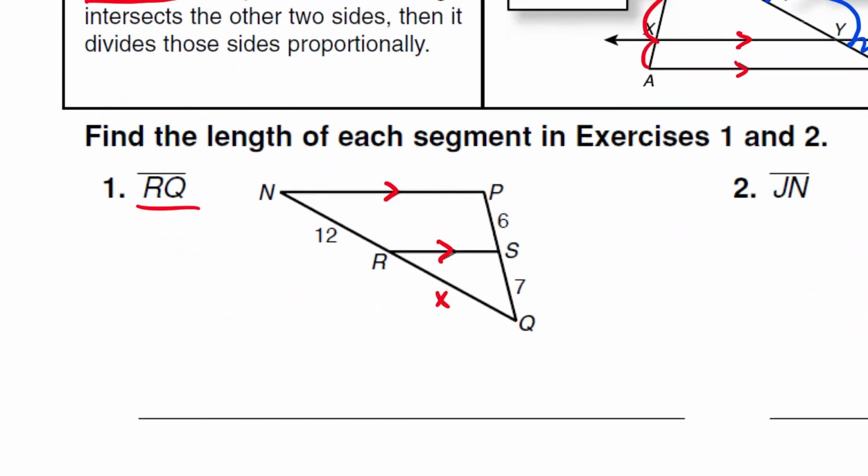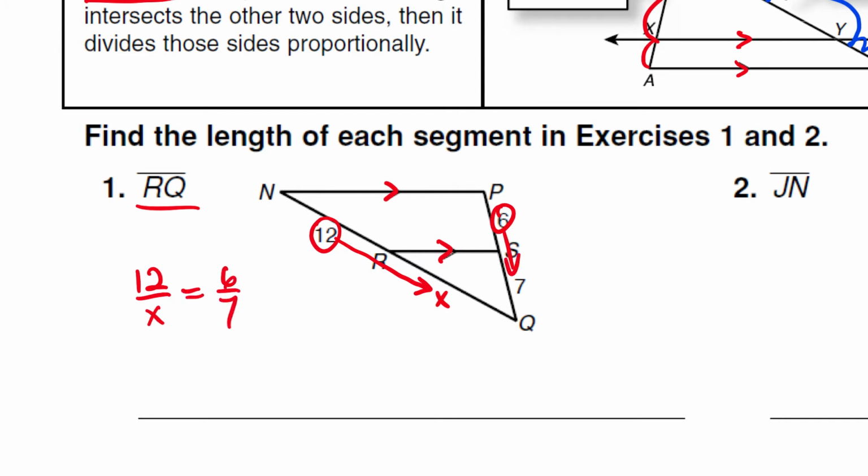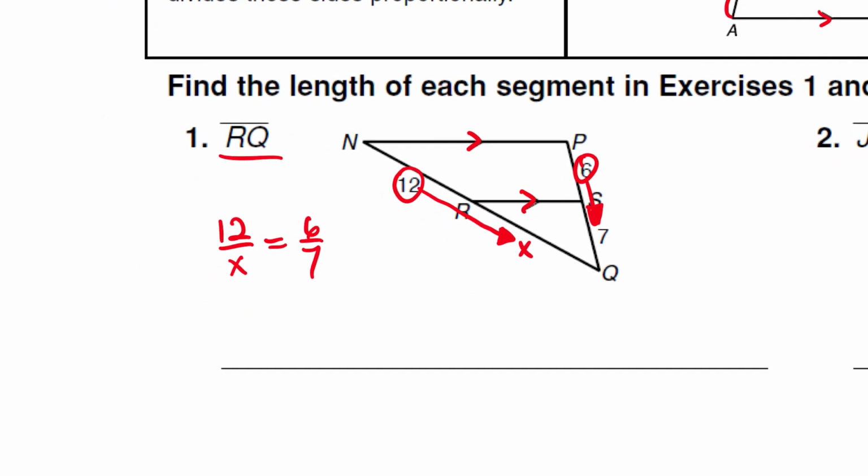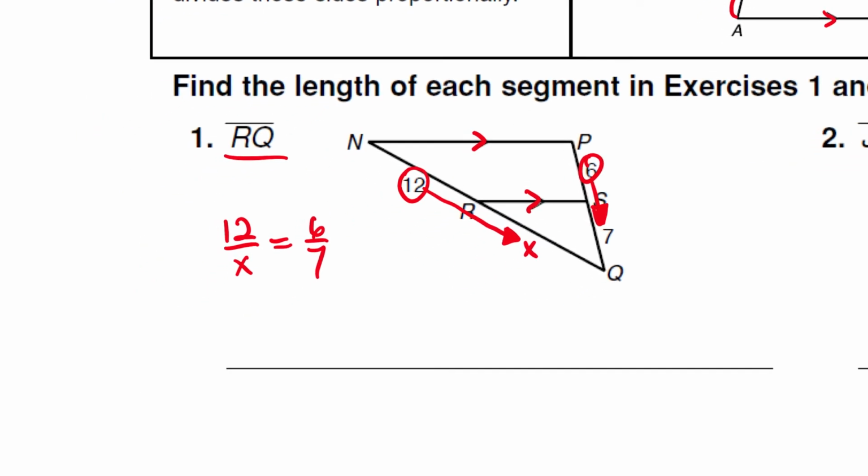The way we're going to do it is, the 12 relates to this side in the same way that the 6 relates to this side. And so we're just going to work this out like we've been doing, just cross multiplying: